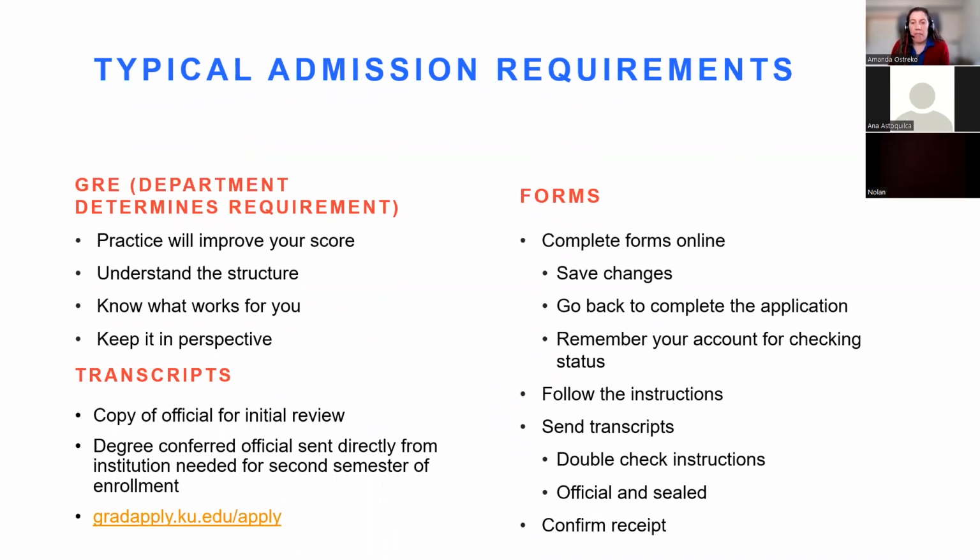Certainly applicants may have additional work beyond their bachelor's degree. They might have a master's degree or a certificate or just other additional graduate work. And so those official copies of the additional work should also be included with the application. And if there is a degree for any of that additional work, the official transcript does need to be sent